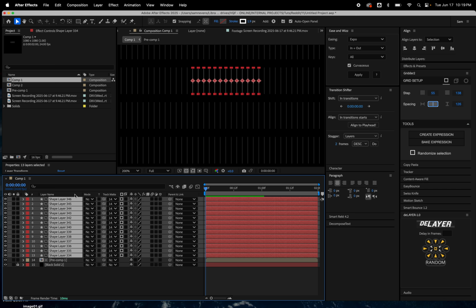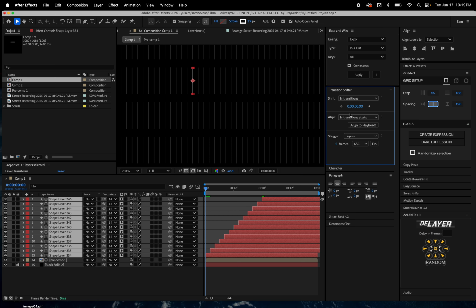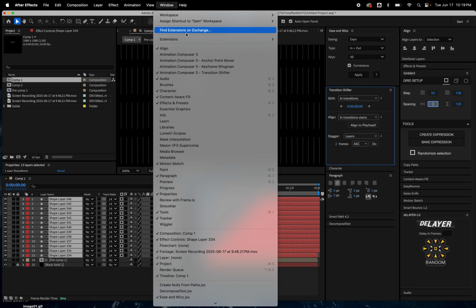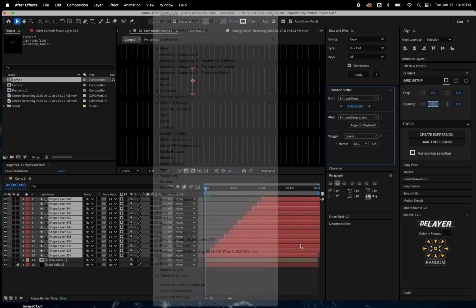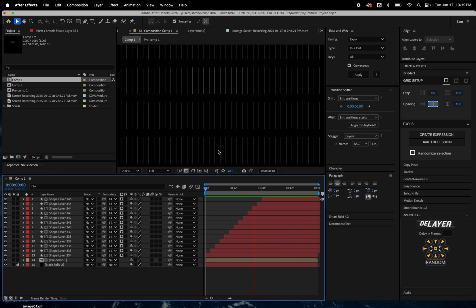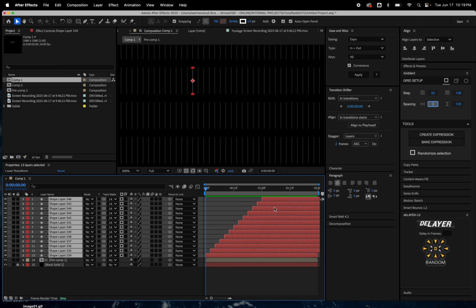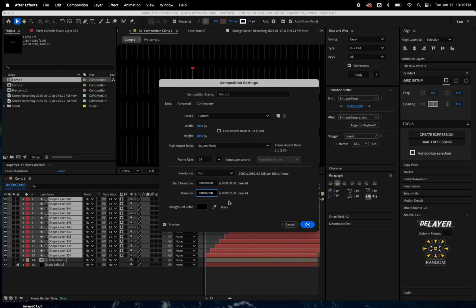let's go through here and we're going to say 2 frames ascending. I think this is a free plugin from Mr. Horse. I think it's an add-on, right? Transition Shifter. Yeah. So now it goes ba ba ba ba ba. Great. Actually, I think we probably want no. That's right. And then let's make this comp a little bit longer